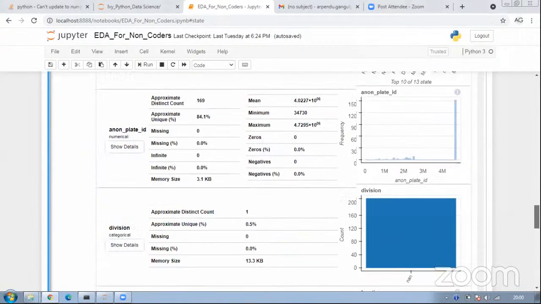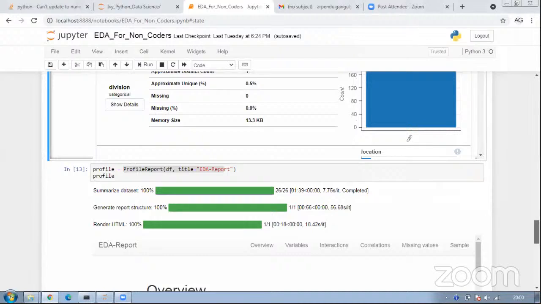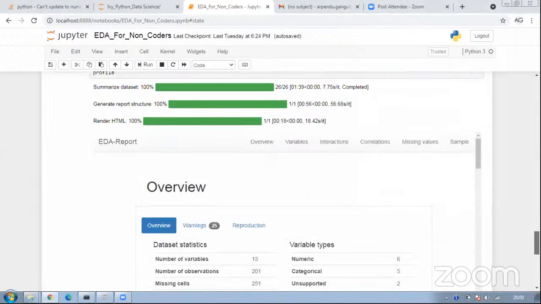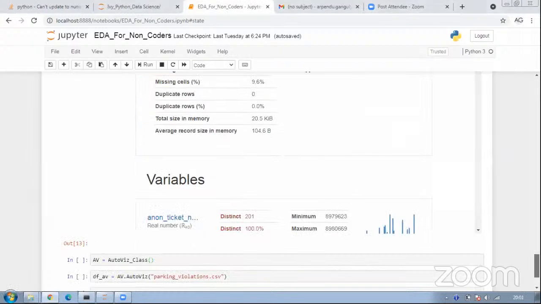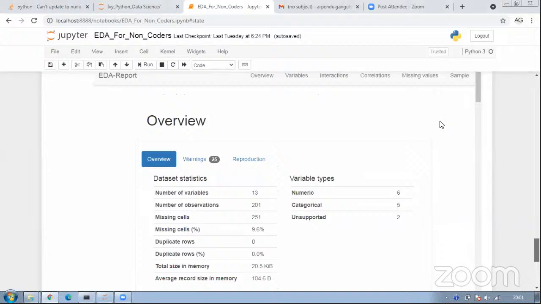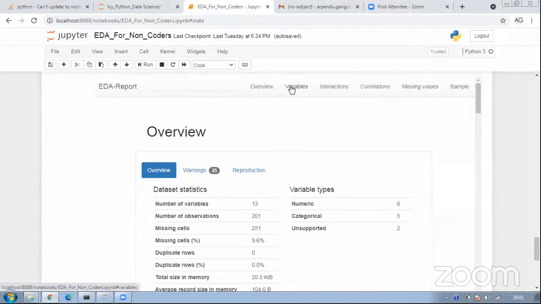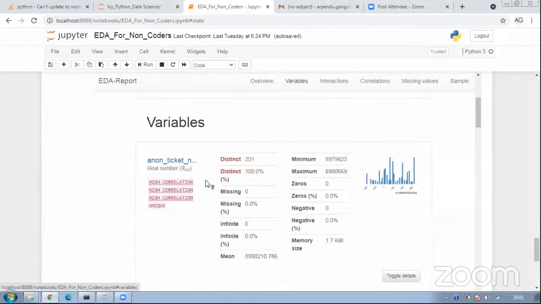Now let's also quickly see the other one, which is the profile report. Here we also have an overview, which is similar, with a little lower functionality. We also have variables, and I can see the details around them.